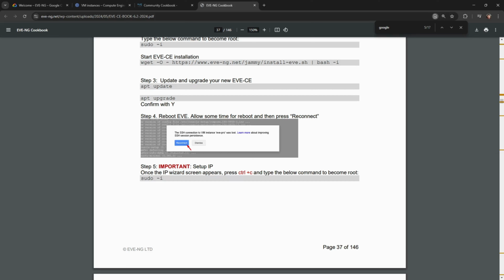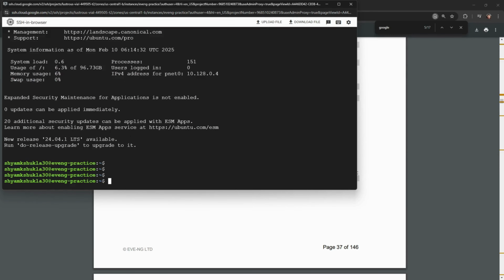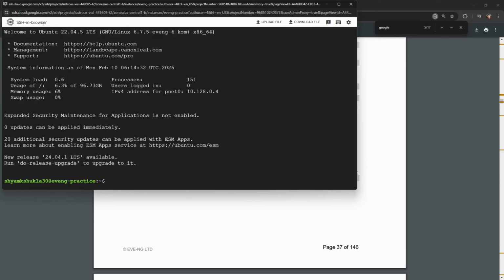After that, you will see the EVNG window that I just started has come back once again. Awesome. So now my EVNG has been set up. Now you need to know what IP my EVNG has, so you can go back to